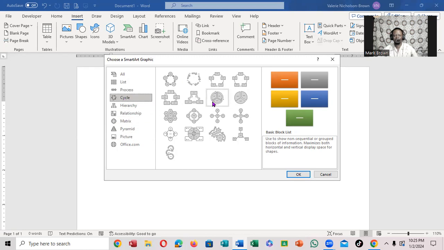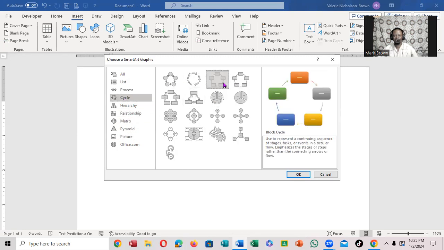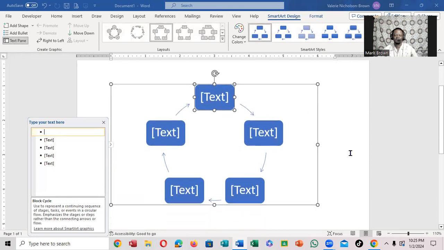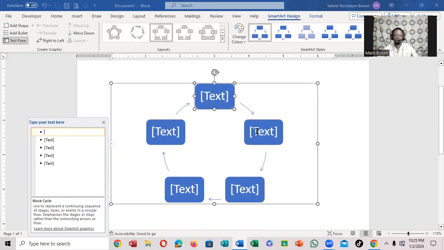Right, so if I come right here and I select it, you notice it's going to show a display right here, and I can also click right here. You notice it shows right here. I can actually click in here and just type. I can come right over here. All right, so what I'm going to type in here